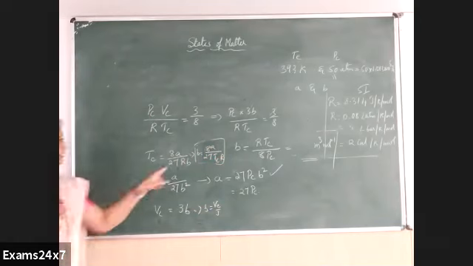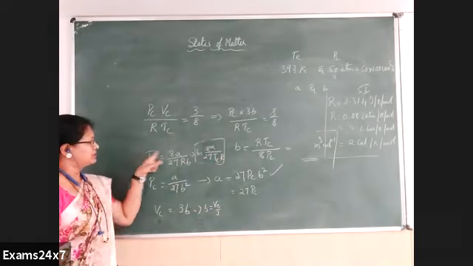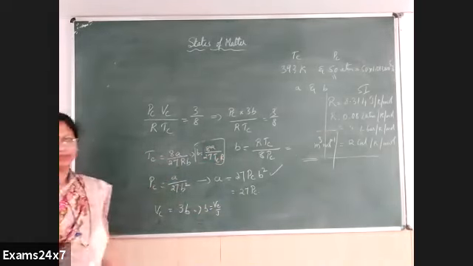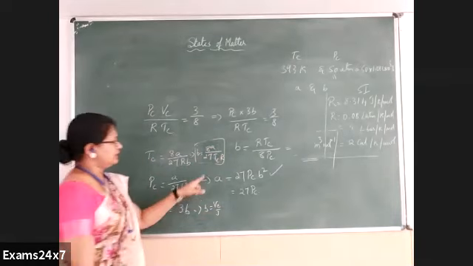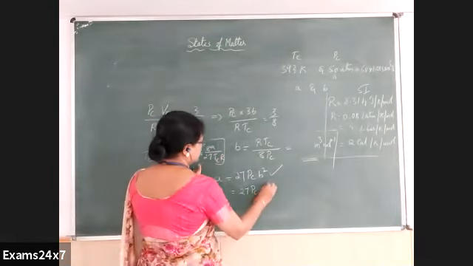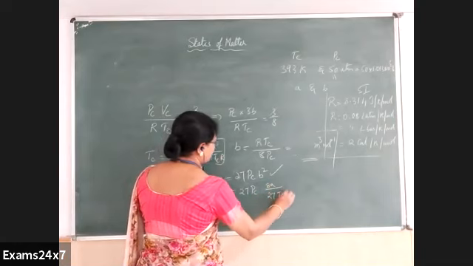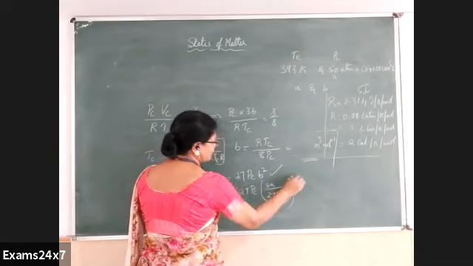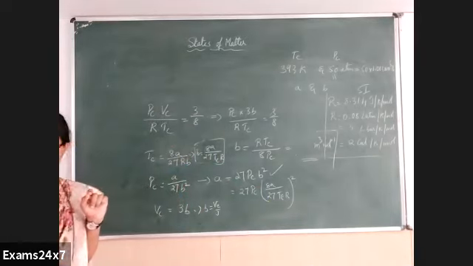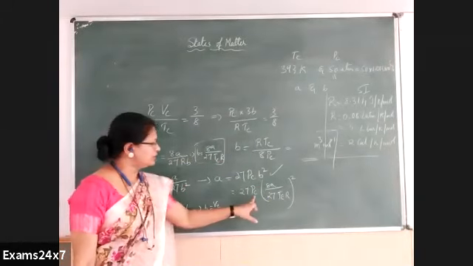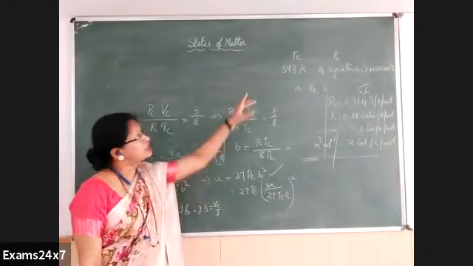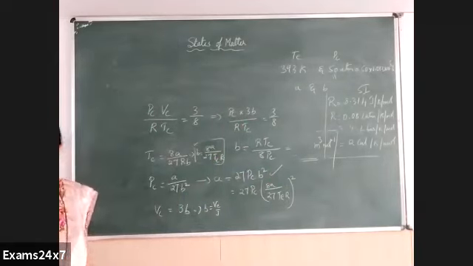Isn't it? B is here, no, we have to take it here. So B is 8A by 27 R into TC. Substitute that here. B, that is 8A by 27 TC into R whole square. Do you know all the terms here? PC, TC, R, everything is known, no? Now you can apply that.